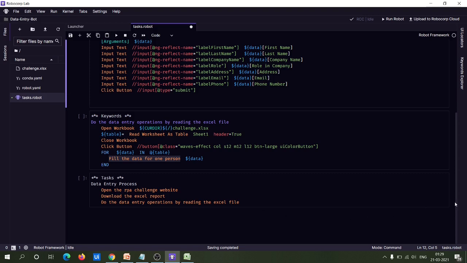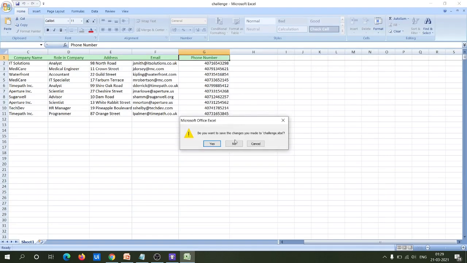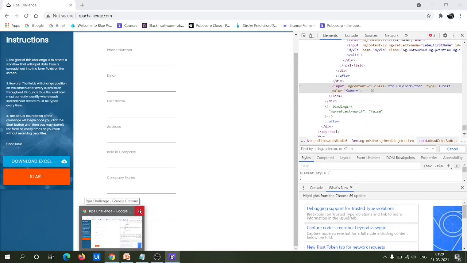It seems to be a long process. So let's just run this process that we have built up to now, so that we can see whether our data entry is working perfectly or not.